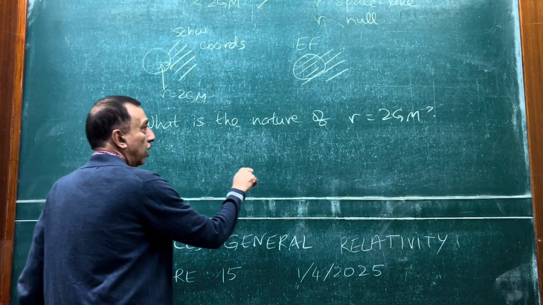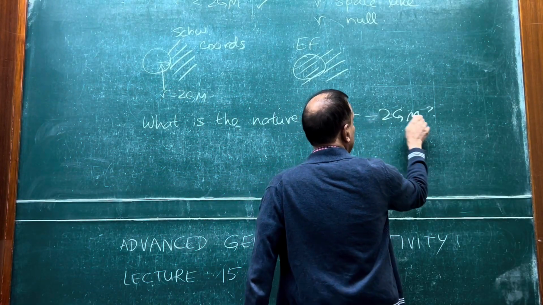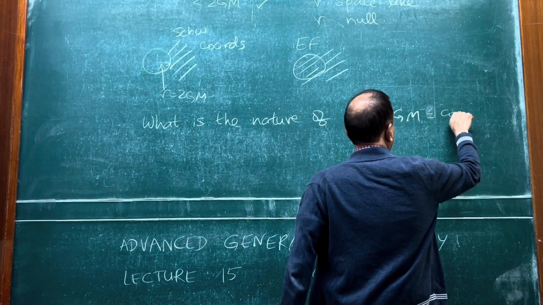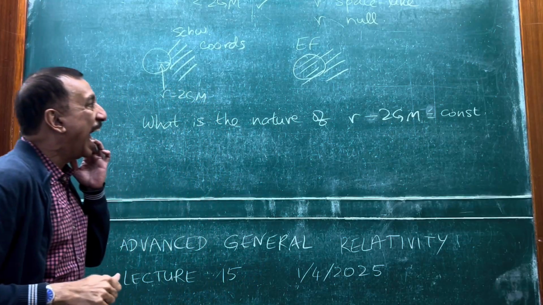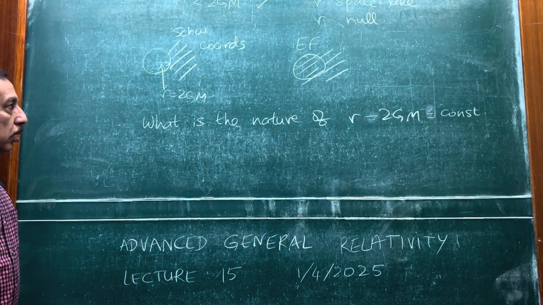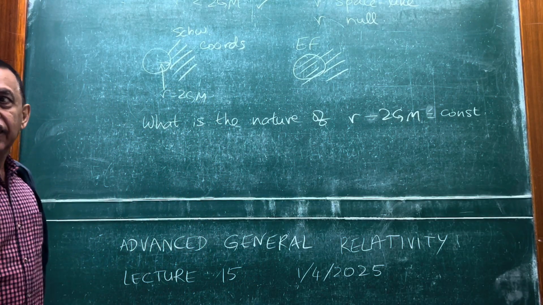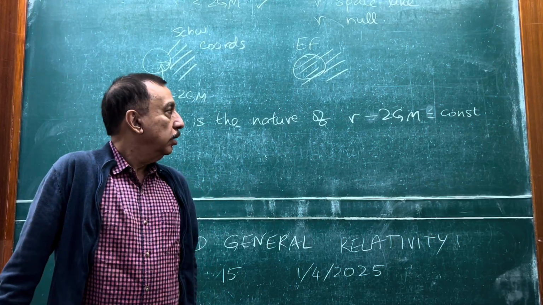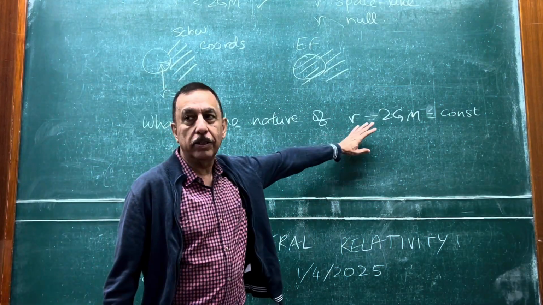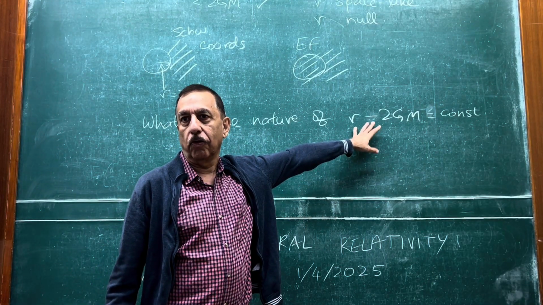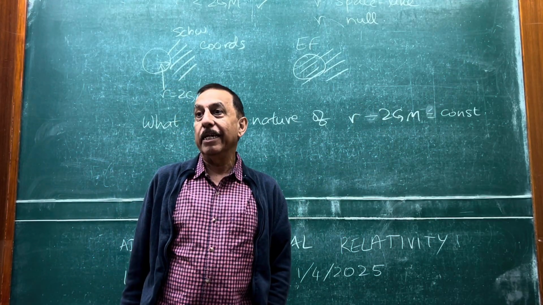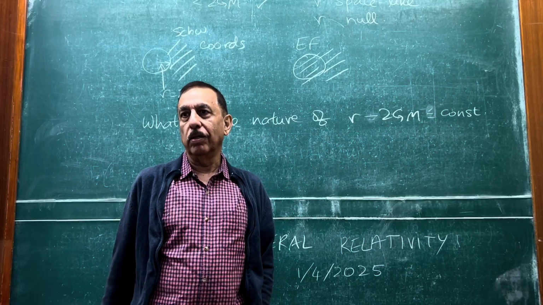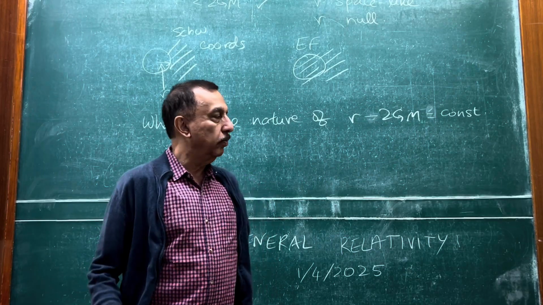So in fact we can ask what is the nature of r minus 2GM equals constant. Okay, and we've seen quite some time back that first of all it's a hypersurface because it's one condition on 4 coordinates. And we've seen that the gradient of this defines the normal vector,